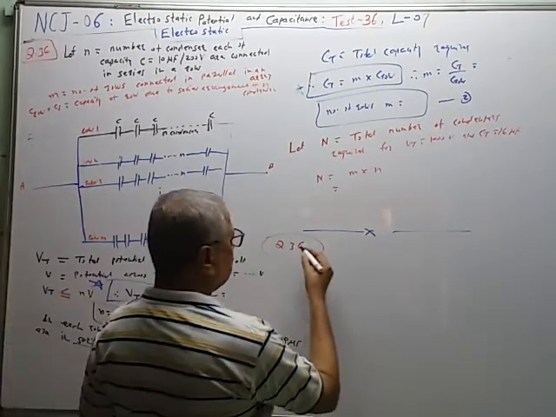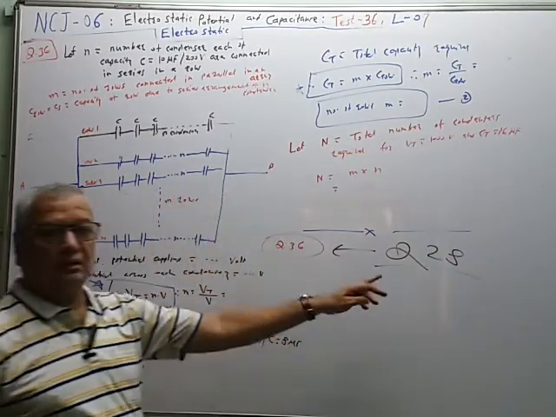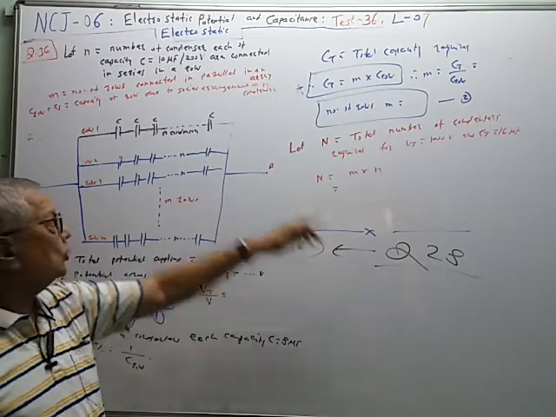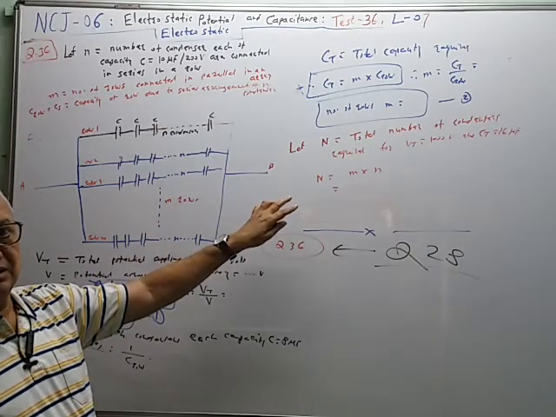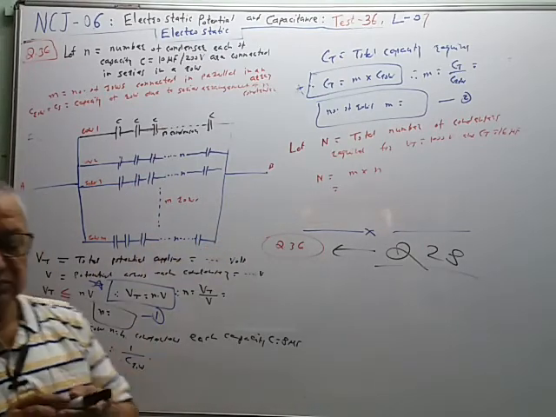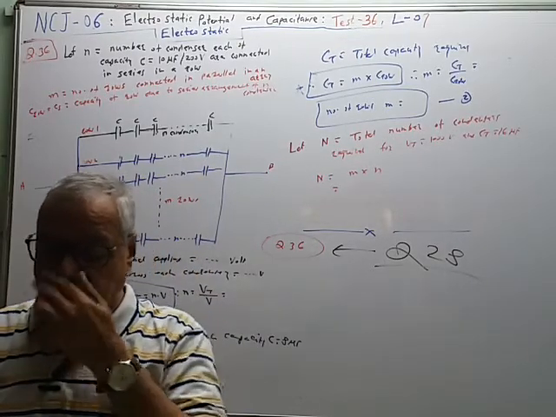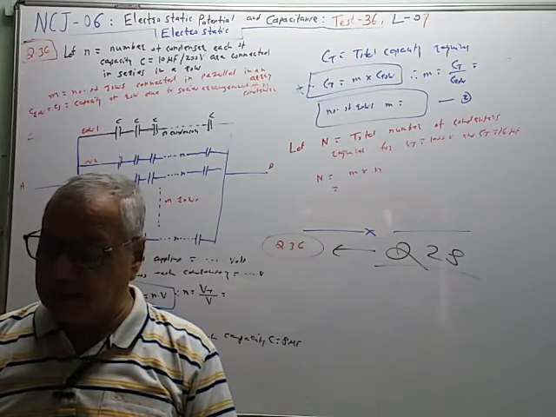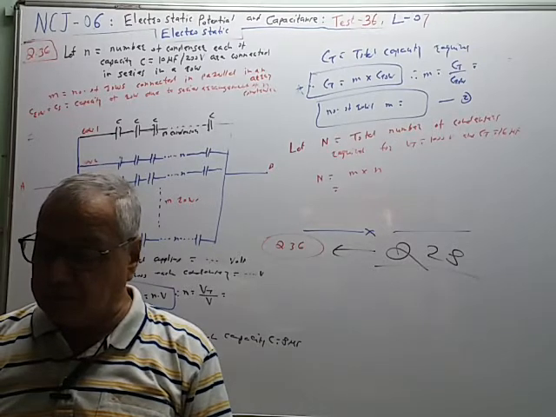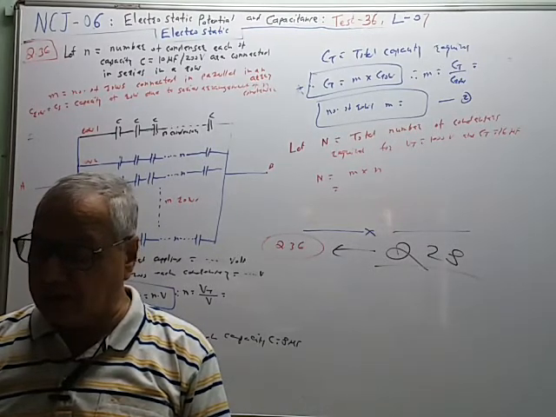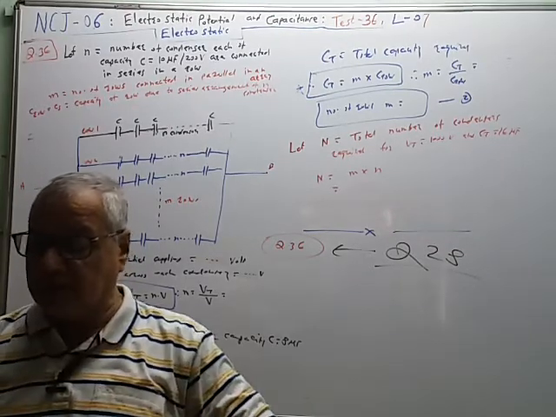So let us see this next question 36, and it is the same as question number 28. So I have kept the details of question number 28 as it is. Only way to change some data. So first I will read the problem. Question number 36. Large number of capacitors of rating 10 microfarad, 200 volt are available. The minimum number of capacitors required to design a 10 microfarad, 700 volt capacitor is.